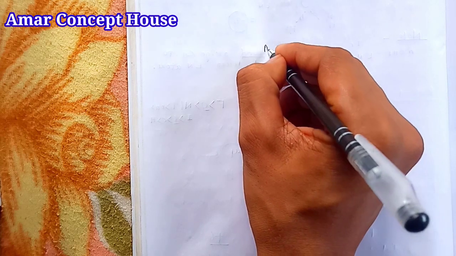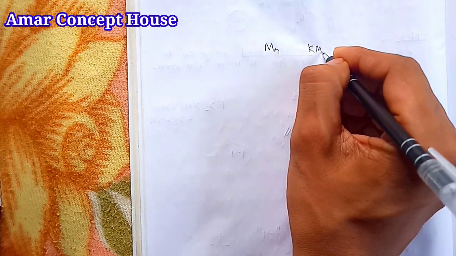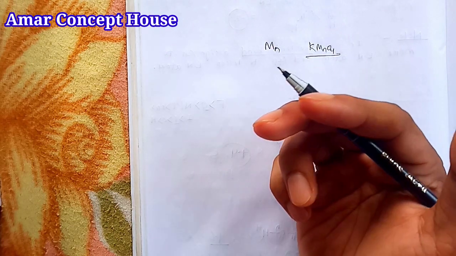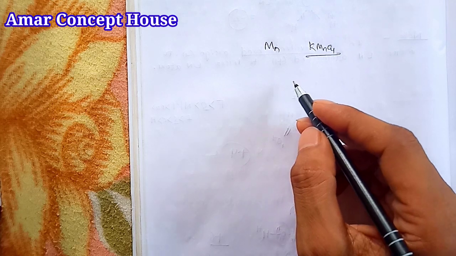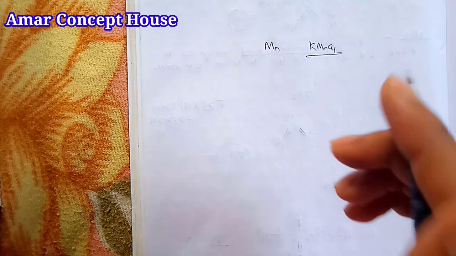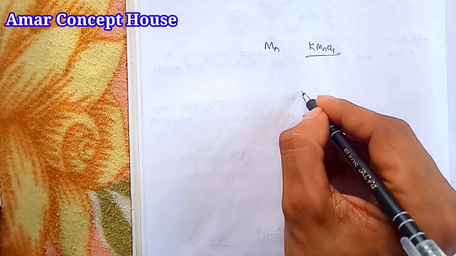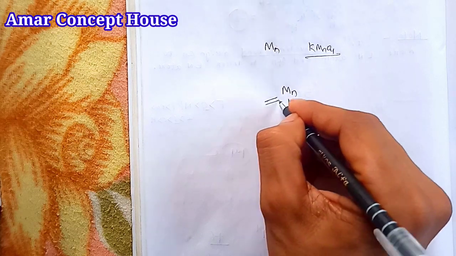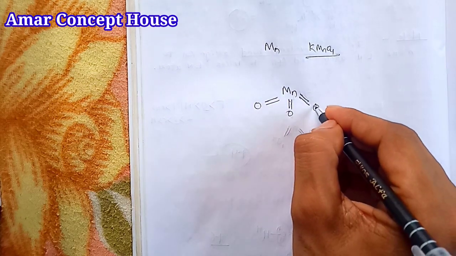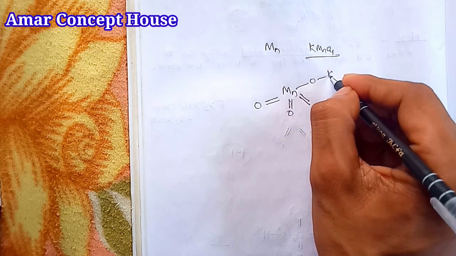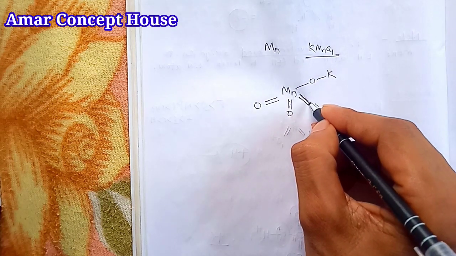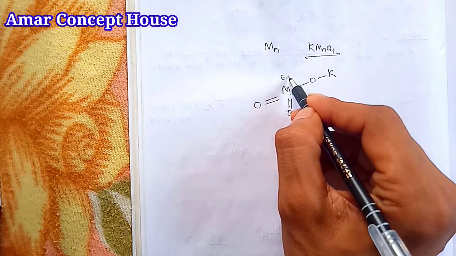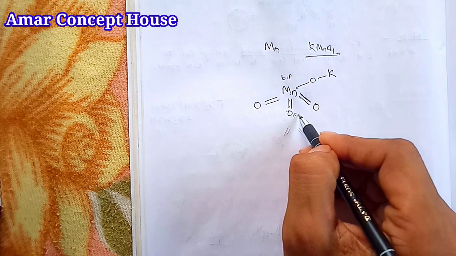Now we are going to find out the oxidation state of manganese in KMnO4, potassium permanganate. I have already calculated the oxidation number of manganese in KMnO4 by applying the formula. But we will calculate now structurally. Now what is the structure of KMnO4? Manganese Mn, double bond O, double bond O, double bond O, single bond O, single bond K. Here manganese is metal. Manganese is metal, so it is electropositive, and oxygen is electronegative, as we know.